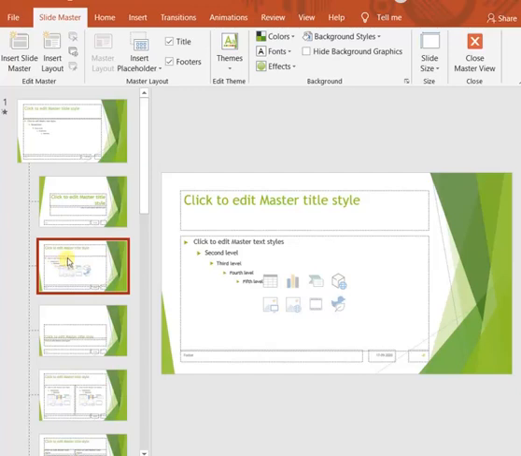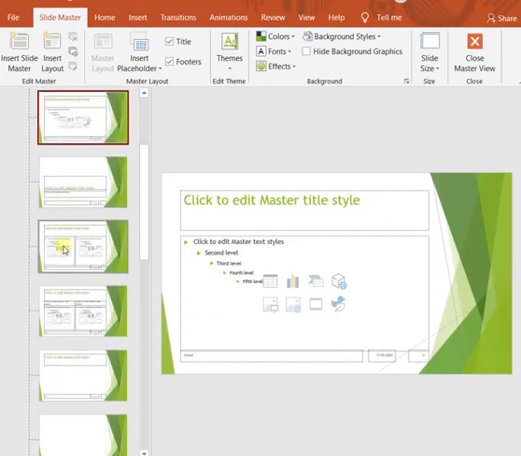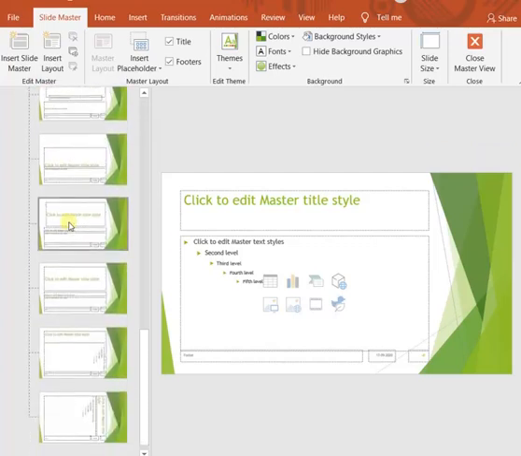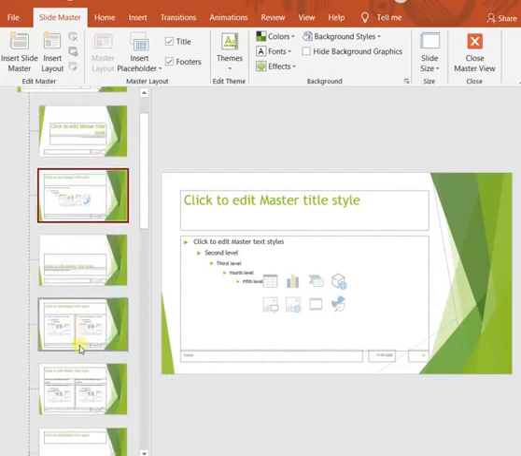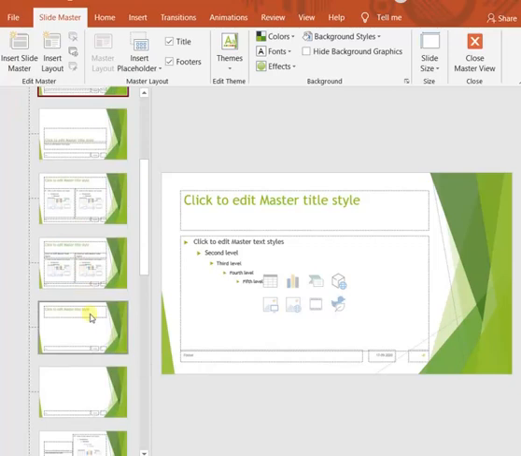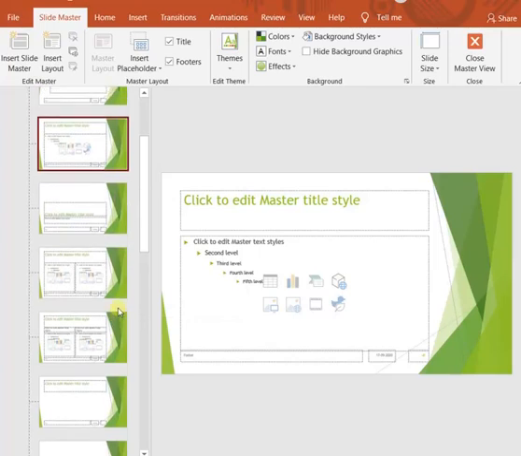So that means my presentation is using these 2 slides, this slide for the cover slide and this slide for the rest of my slides. All the other layouts present here are not in use. So if we don't want to change any layout for our slides, we can delete the rest of the layouts. Suppose up to 4, I have made 4 slides in my presentation.